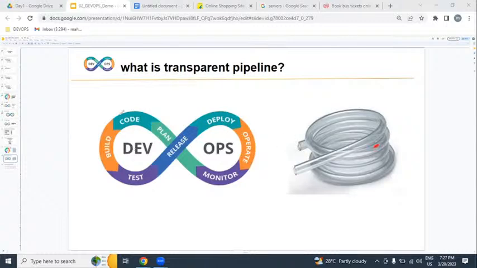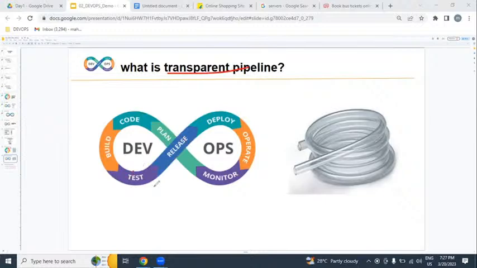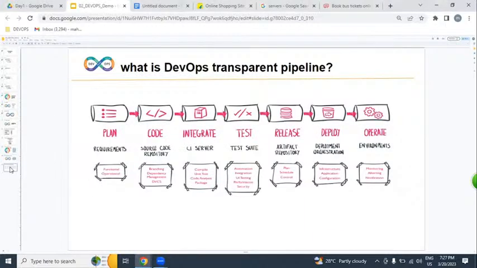The same way, our DevOps process also. Due to this transparency and automation, if you get an issue, we can identify it immediately and give the solution as soon as possible. That means we can deliver working software as fast as possible. Quality is increased, cost is reduced. The actual DevOps process looks like this.